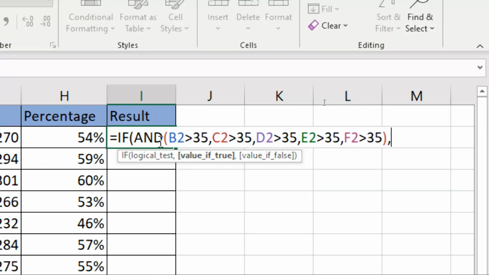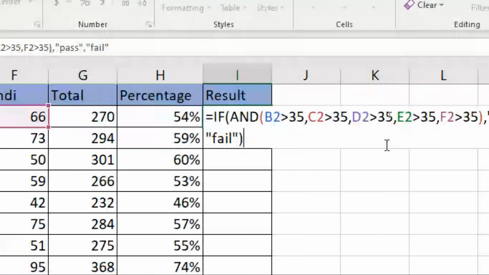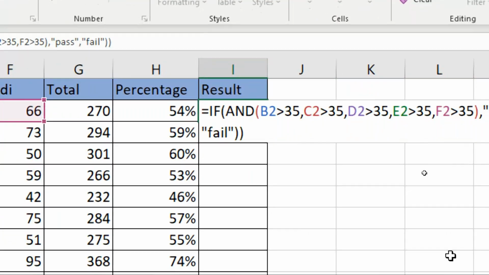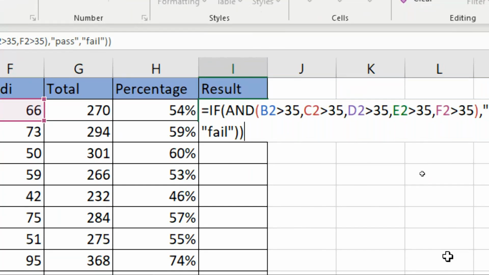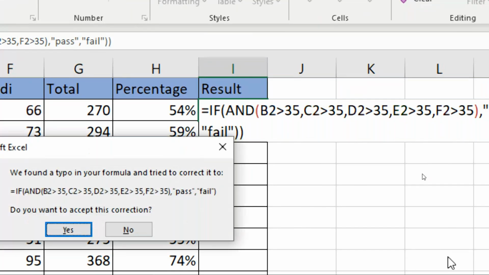This value is greater than 35. This value is greater than 35. If the value is true, I want to display pass. If the value is false, I want to display fail only. Close the parenthesis. Twice we opened the bracket here, that's why twice I am going to close the parenthesis or bracket. Press enter. Once you press enter, see now,